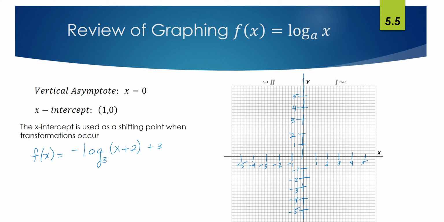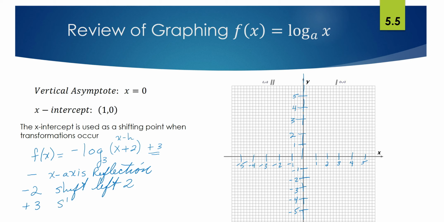Okay, so now let's look at a graph that has transformations occurring. So all of your transformation rules hold. The negative is an x-axis reflection. Remember the pattern that this should be x minus h, therefore you have a negative 2, which means it's going to shift left 2. And then the positive 3